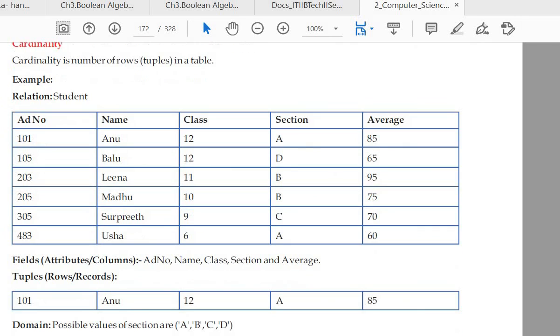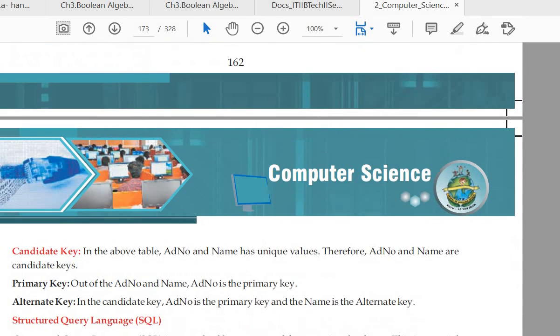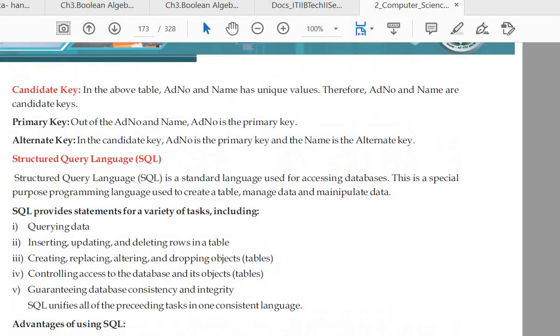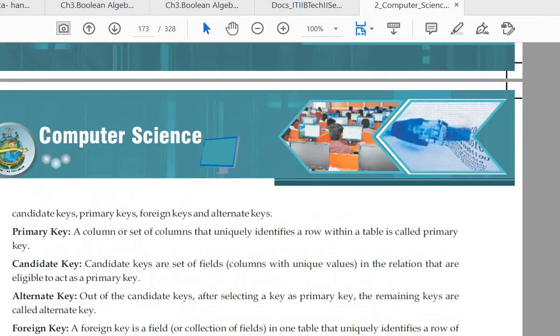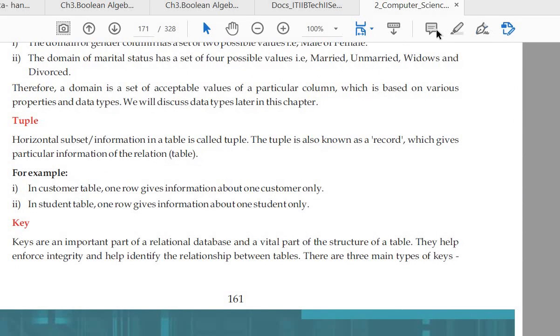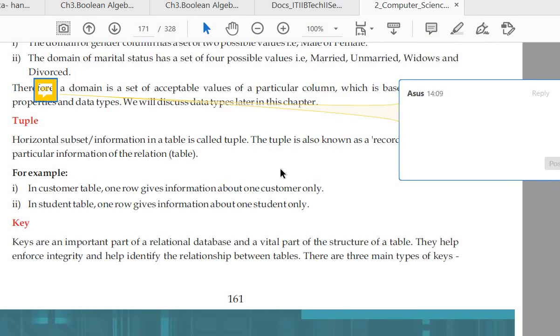I will see whether attribute is defined here or not. I think not, so I will write it down on the screen so you will remember what an attribute is, because they can ask you this term also. So what is attribute?